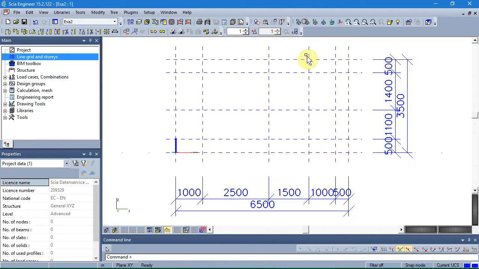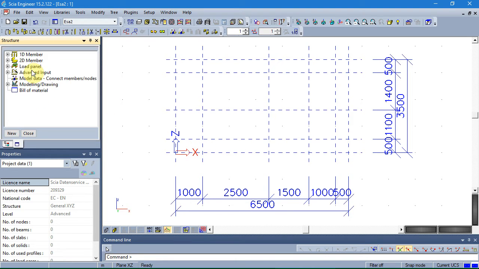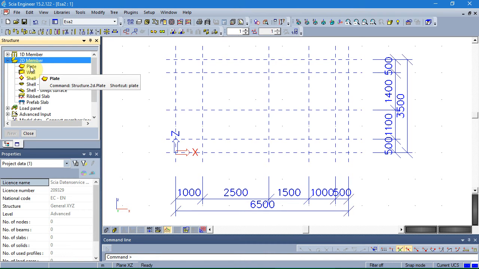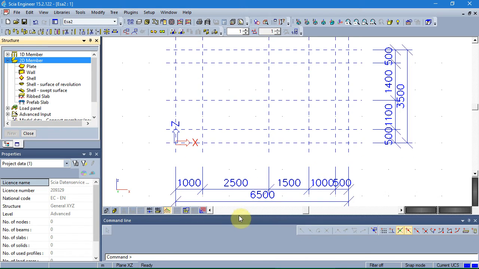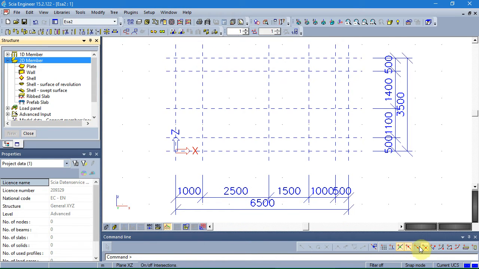Now I can switch to Y direction. It's not bad also to directly switch the working plane to XZ. And now we can draw the structure. I use 2D member. It doesn't matter if you use plate or wall. Now we see the command line.